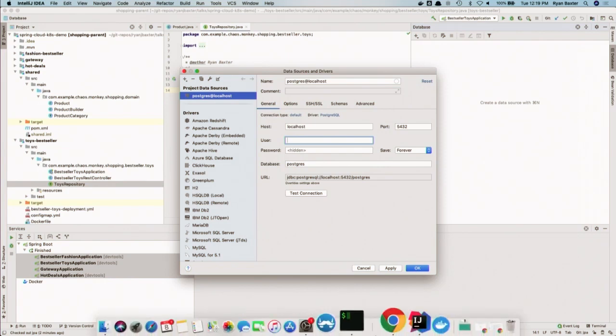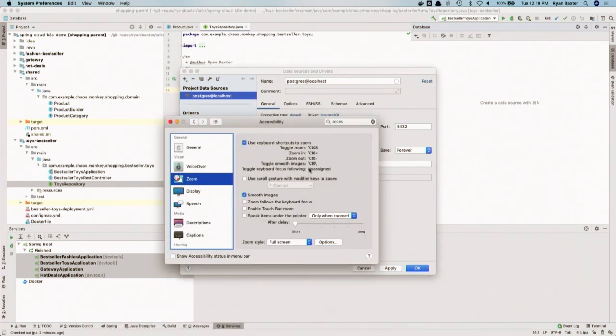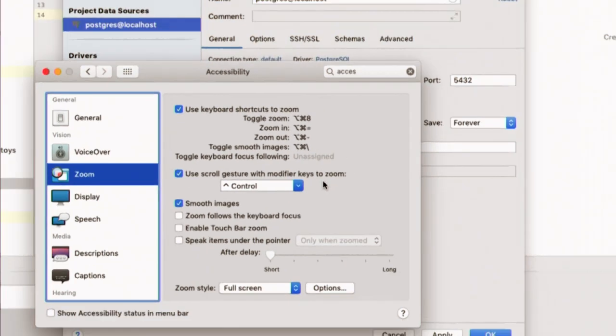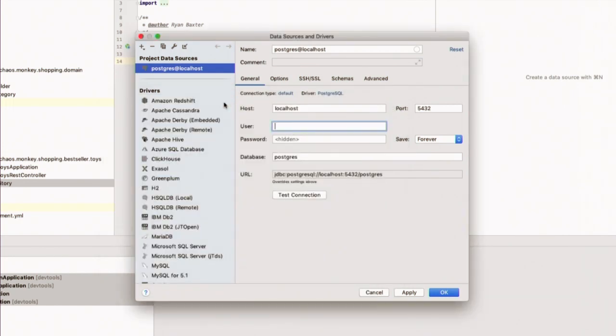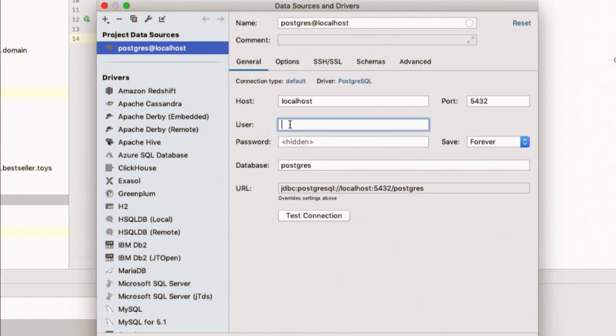Option, what option? Zoom in. Let me do this like this. Maybe we can just click on Control, and then we can zoom. All right, so hopefully it should be readable for everyone.